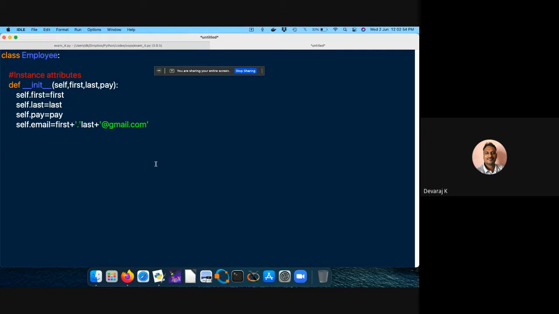So that itself, automatically I'm creating one more variable using the first name and last name, which can be done easily. Let me call this an instance method. So let me define it.